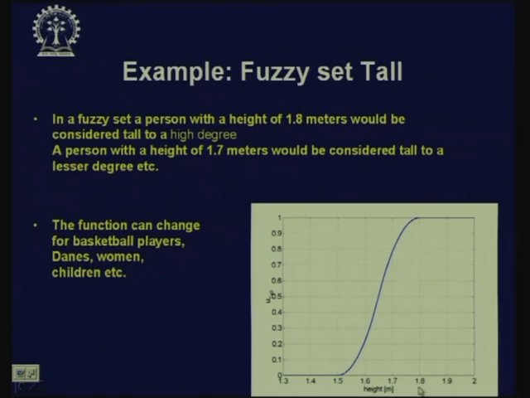All right. What is this? The x axis of this graph? Probably that is not very visible. I will just draw it again. So, on this side of the graph we have got height, and on this side we have got the membership. Okay. Let me work it out.